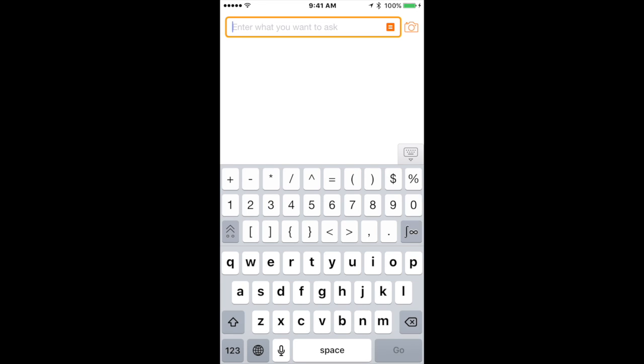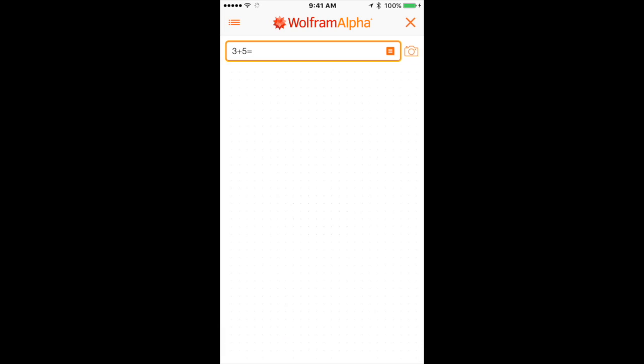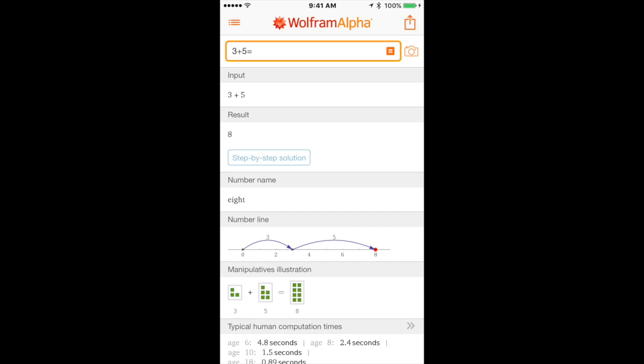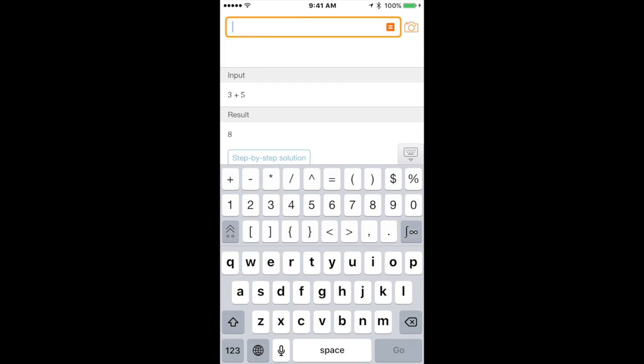When you open it up, you have this bar up here. You can either type into it, you can use it as a calculator, and it will give you an answer. See, input, result, or you can go from simple calculator into using it as pretty much like a Google search engine. Like I can type, who is the president